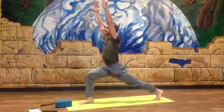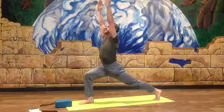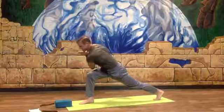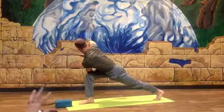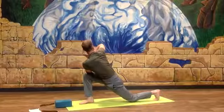Take one more cycle of breath in. And on your exhale, prayer twist here, hands to heart center, prayer twist to your personal right. So left elbow to outer right thigh. Now, if this is too much, simply drop your back knee to the floor. Let the focus be the twist here,